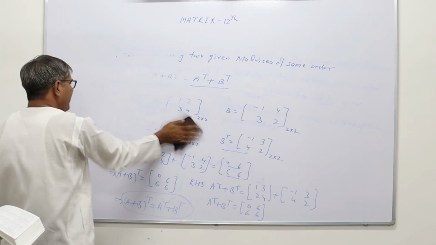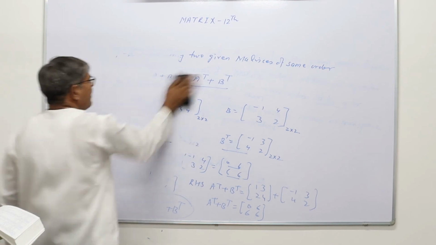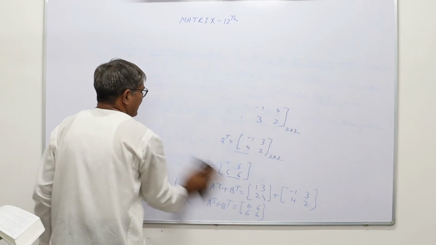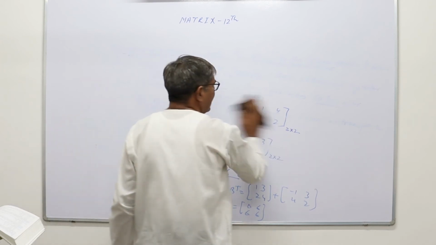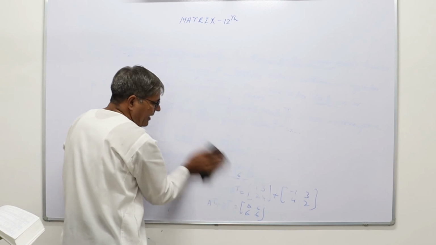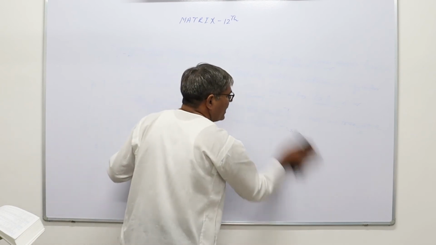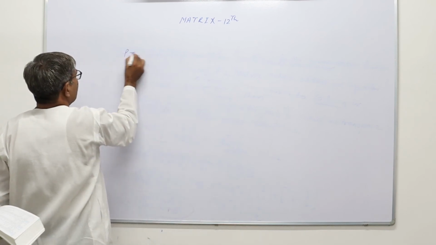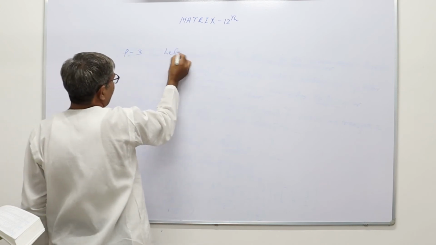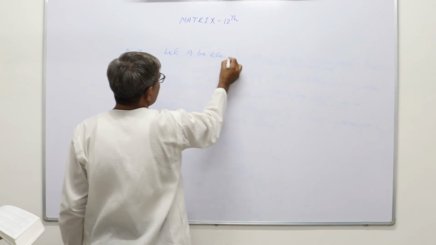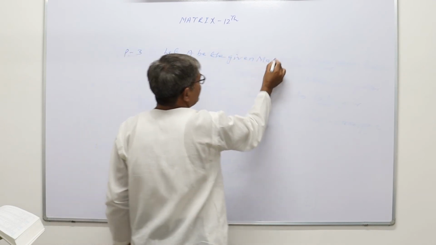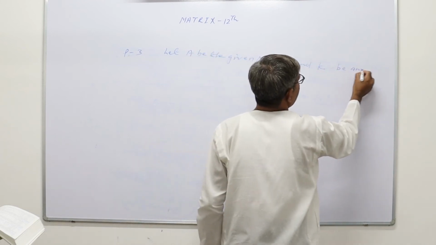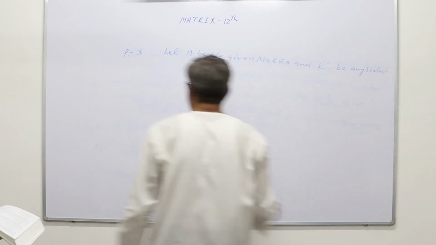Now property number 3. Property number 3 is, if we have any matrix and any scalar, then the scalar multiplication of the given matrix's transpose will be equal to... that is, property number 3: let A be the given matrix and K be any scalar, then